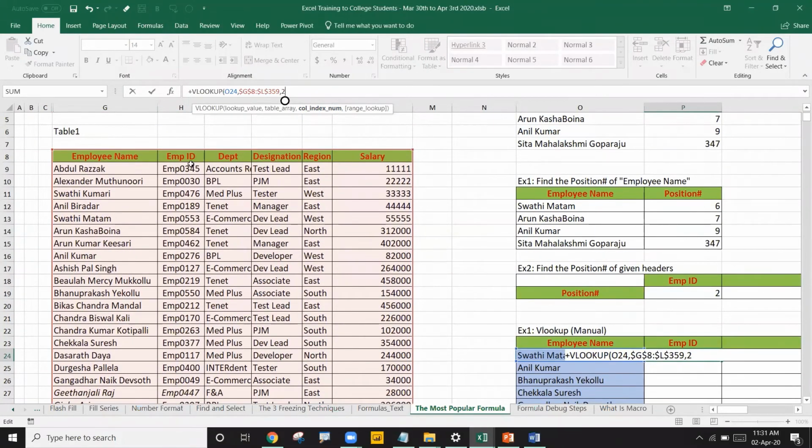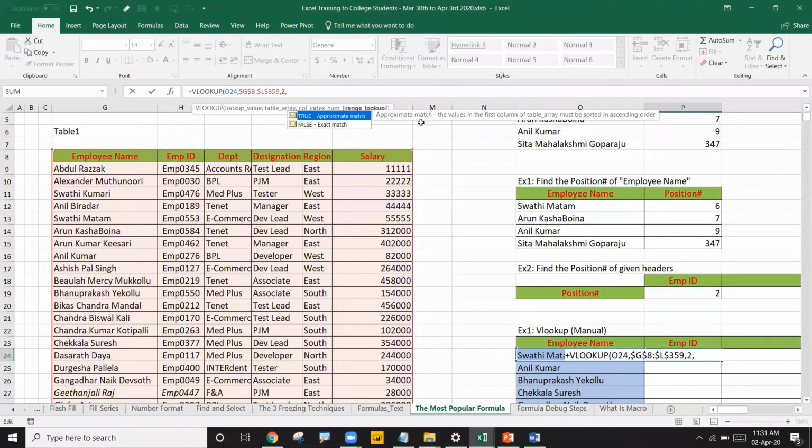If I wanted to get the region, I'd write the 5th column, because 1, 2, 3, 4, 5. If I wanted salary, I would have written 6 here. But in this case, we want the employee ID, which is in the second column, so I'll write 2 here, comma.